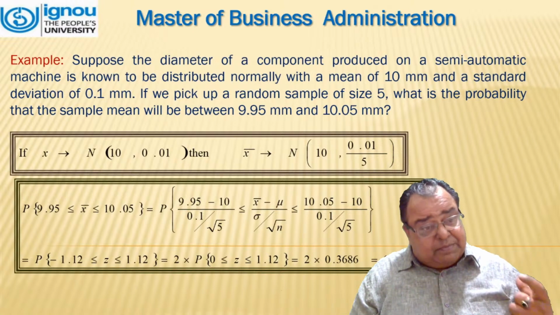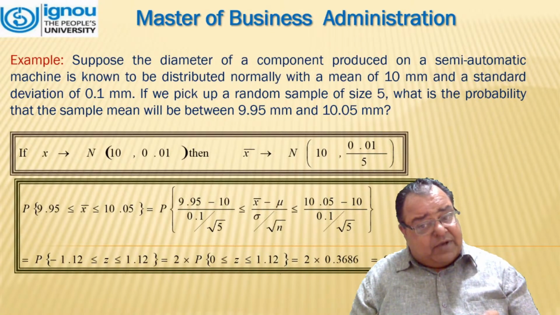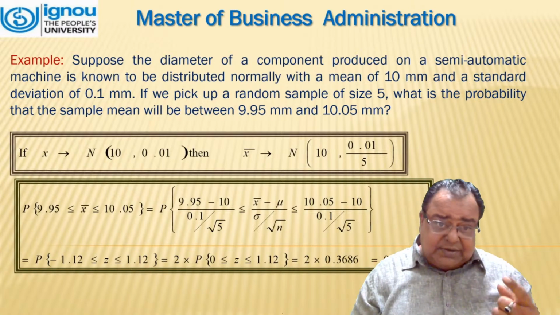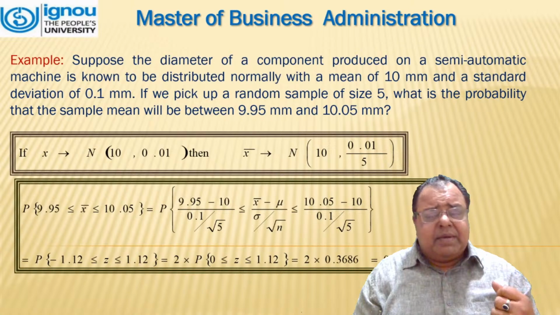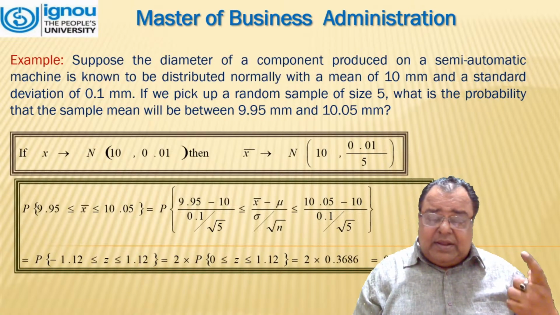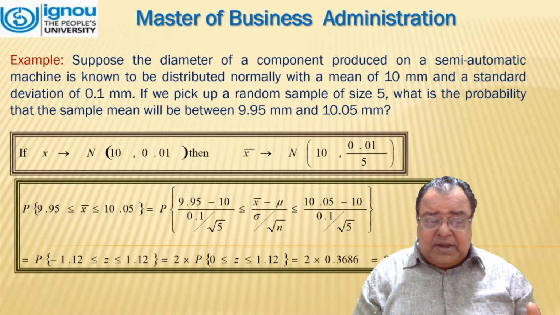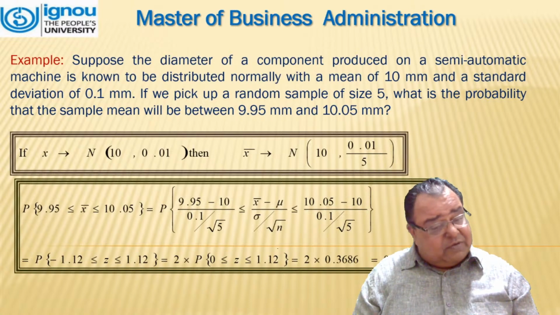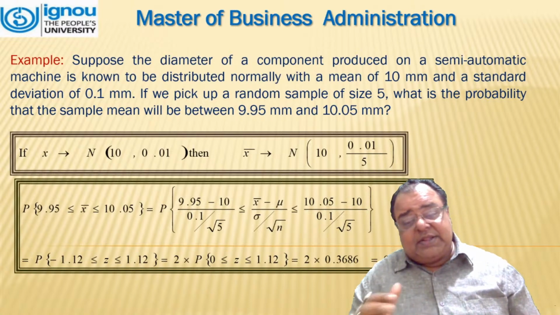We have to find the probability of the sample between 9.95 and 10.05. That means your mean, that is 10 mm, will remain in between, and it will be written as probability 9.95 less than equal to mean less than equal to 10.05. Now we will be changing this into